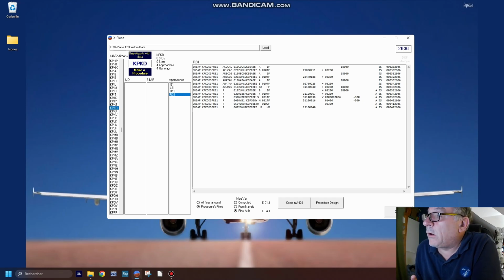Here, for those who know the Arinc 424, it's easier to understand exactly what's happening in this approach. We see that we have 3 transitions, and after that RNAV straight-in approach. Okay, I can code in A424, and after that we can plot and see exactly